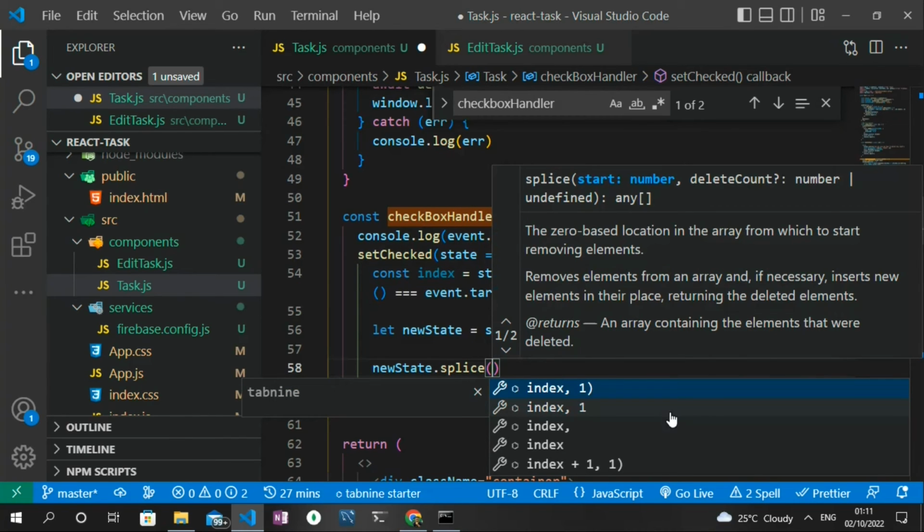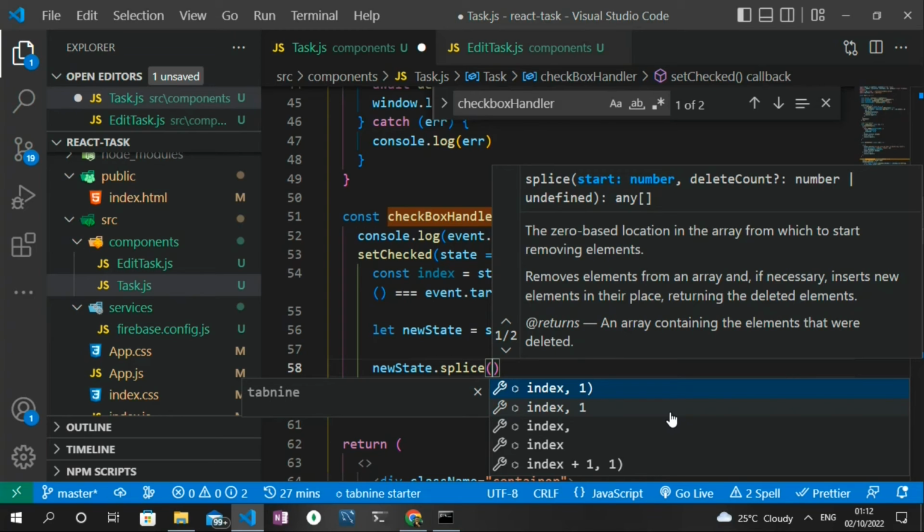It either helps us to remove an item from an array or helps to add an item to an array. It removes an item from an array when you have only 2 arguments, but it helps to add an item to an array when you have more than 2 arguments, that is 3 or more arguments. So in this case, we are trying to add the object of the checkbox that was clicked to this